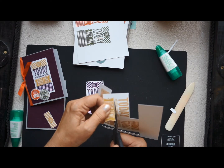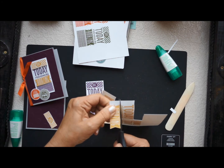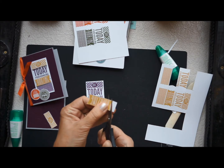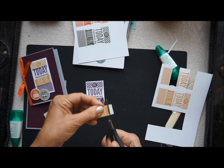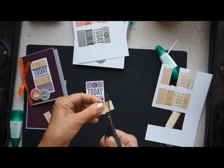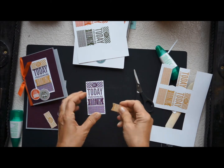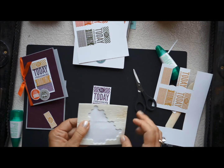And I am not a cutter, especially since we have punches and framelits and all the tools that Stampin' Up! carries. I really prefer using those, but I got pretty good at using these snips, so I've decided they are my new friend. I will relish my new friendship. All right, so now I want to use dimensionals,